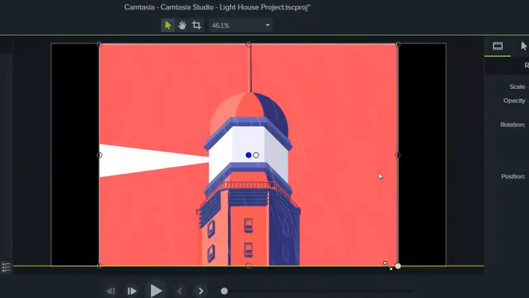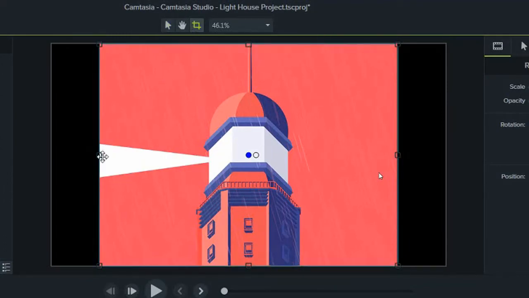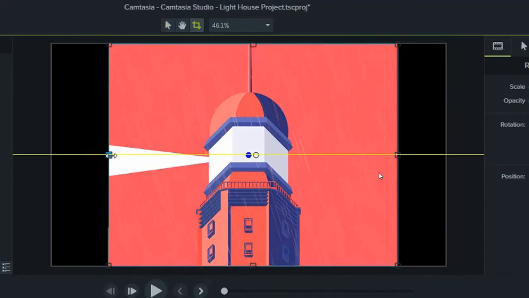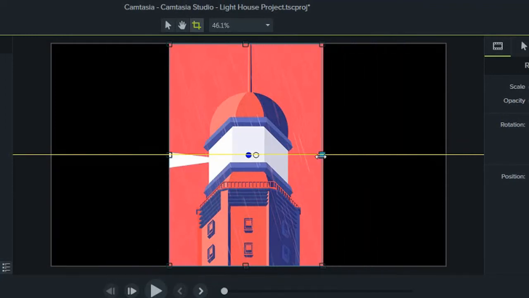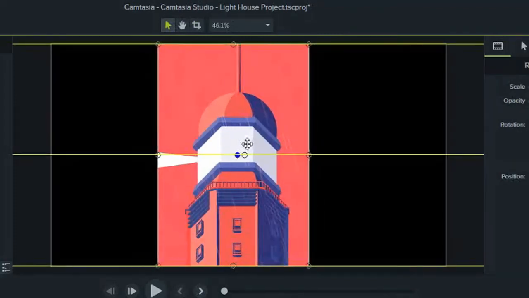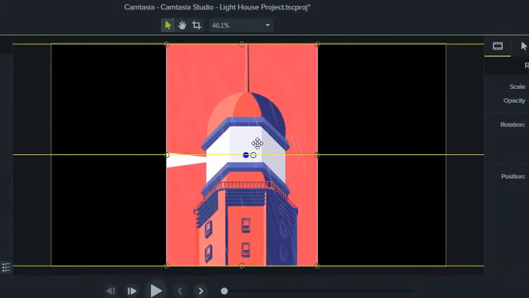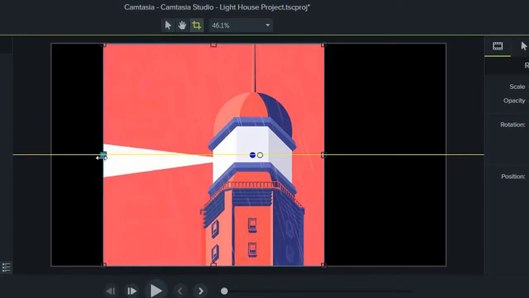And if you want to crop the recording, then you can click here, this crop button, and then one can remove the unnecessary part of the recording. And then later you have to click on this arrow, otherwise it will continue to use the crop command. So I click this arrow and can then move this recording. I want the full recording, so I am not going to crop.